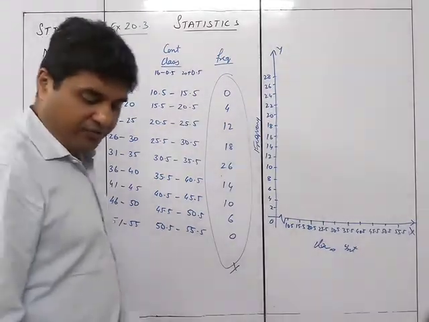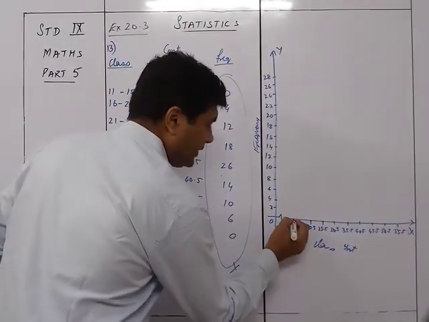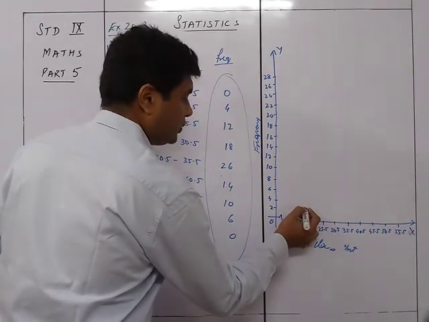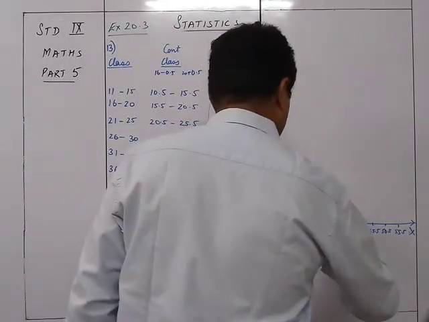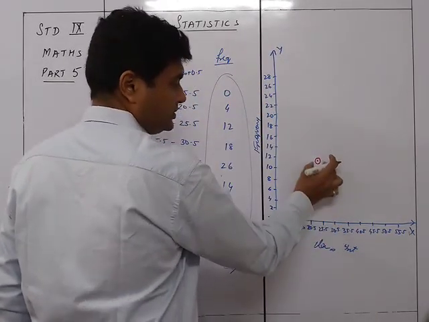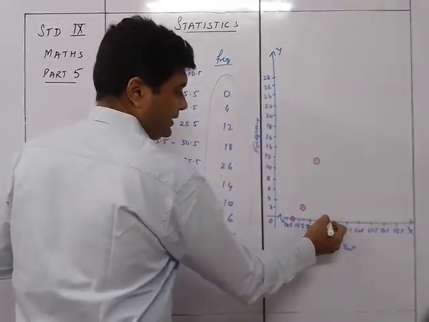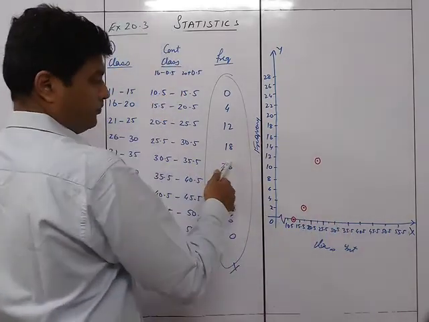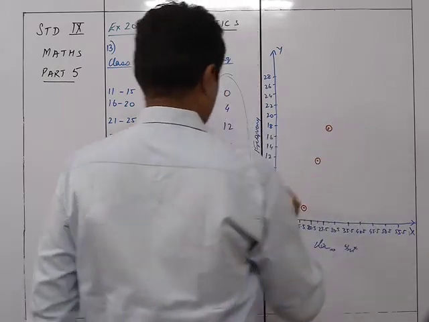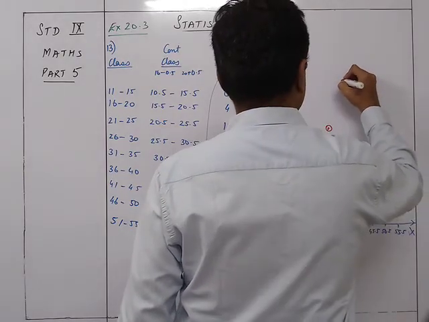We now plot the graph. So as I told you, we are going to take the midpoint of this thing, the midpoint for 0, so it will be a point over here. The next is 4, so for here it is 4. The next is 12, so for this it is 12, like this. The center point is between these 2 points. So I marked at this point, this, and now that is 18. So this 18 will be up to this point. Then 26, it is going to be 26 up to this point.